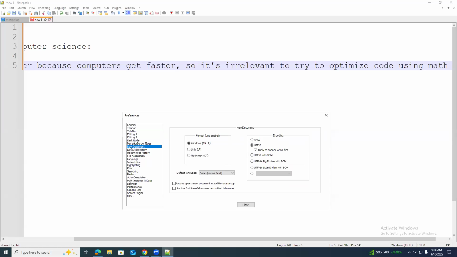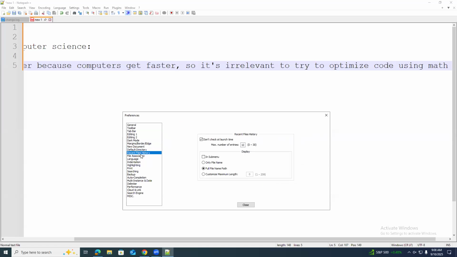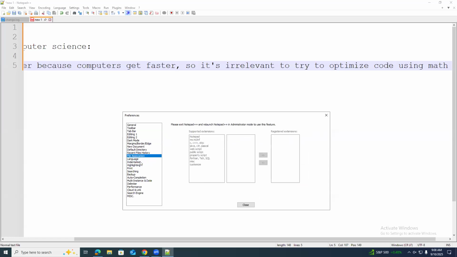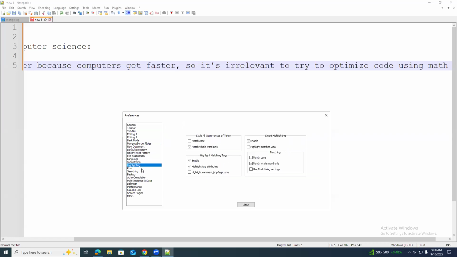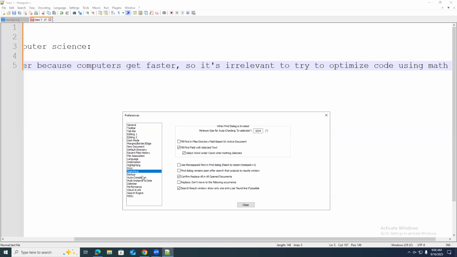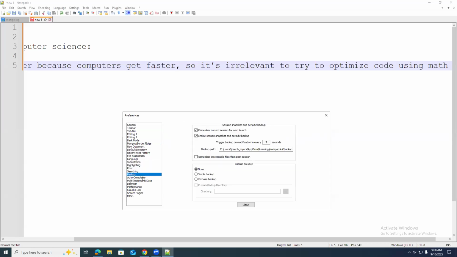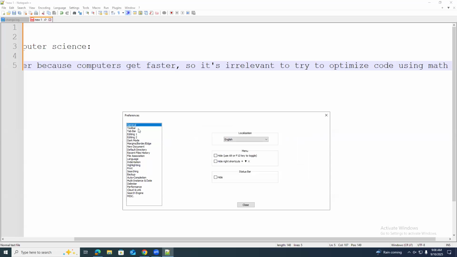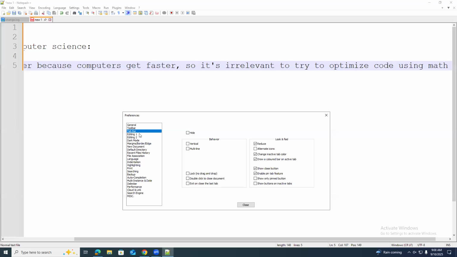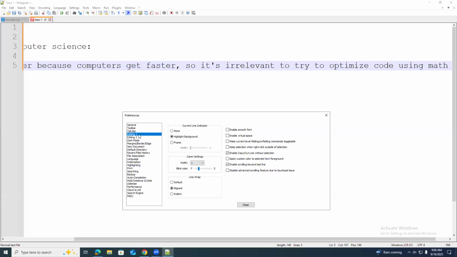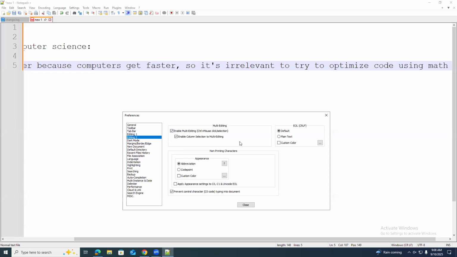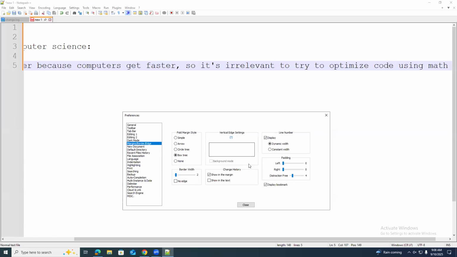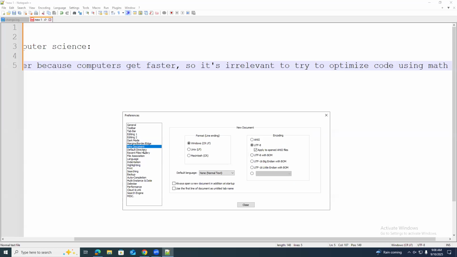Okay, let's see. It only takes me like 5 seconds to find this usually, but highlighting. Toolbar. Wrap. Okay, let's see. New document.